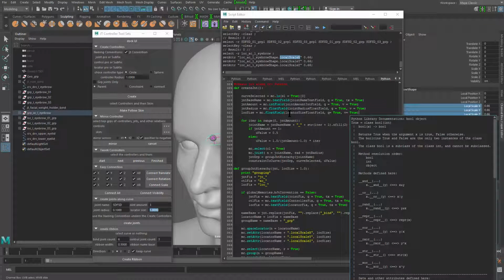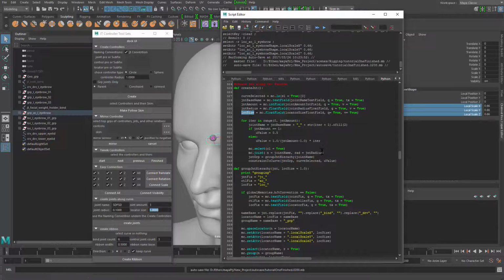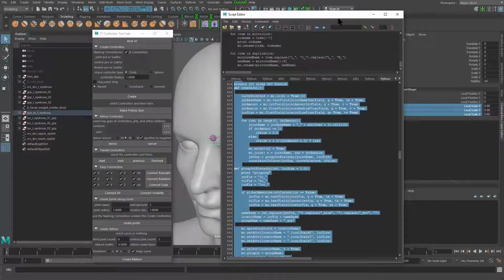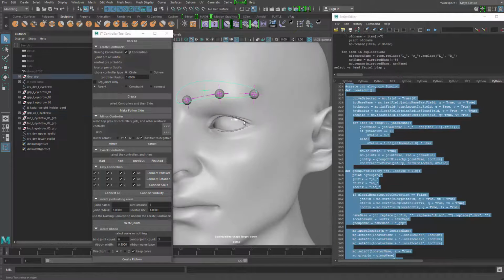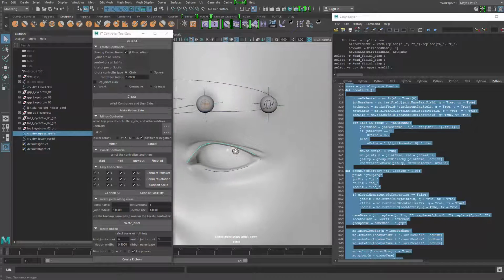So we're querying the value now, and after we have the value, let's just copy this and use it as an argument for our function here. Okay, so locator size will be passed here, and then everything will run smoothly. So let's try that. Now if I go select my curve here,